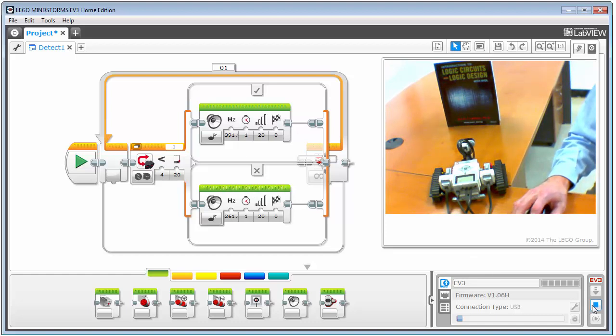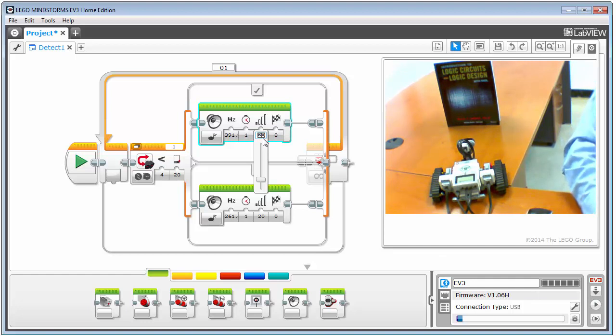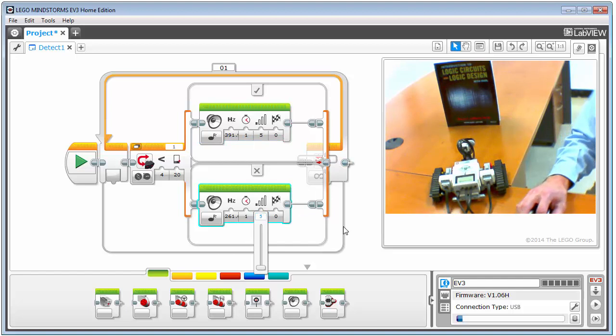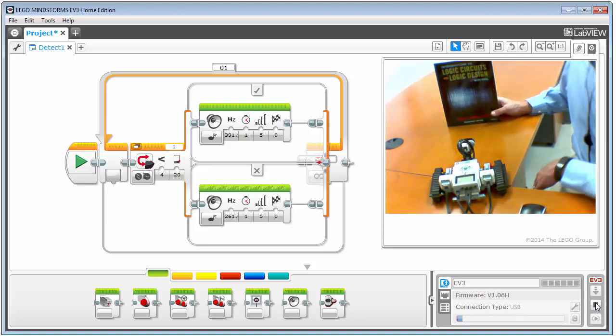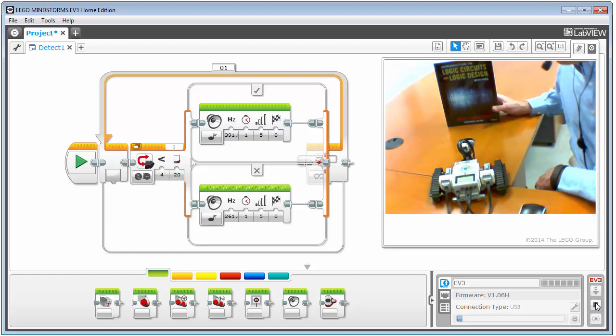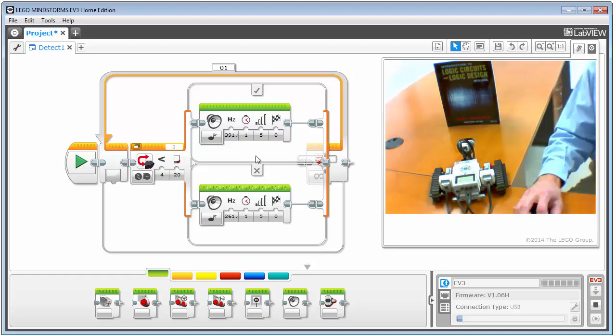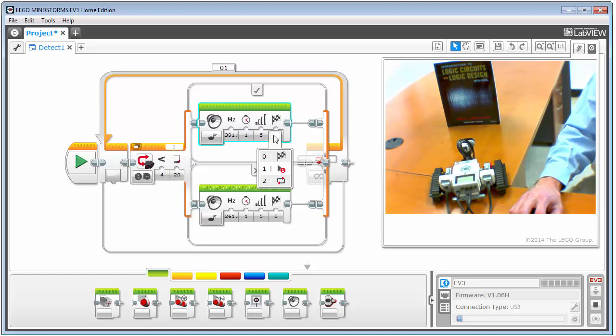First thing I'm going to do is stop this, and the next thing is turn this volume down, because that was really loud and it was only at 20. So I'm going to go ahead and do this 5 and 5, and let's just test it, since testing is really easy when the cable isn't. So that's a little bit better. Notice the click, how it's going dun, dun, dun. That's because we have this switch setting, or the sound block, set to a duration of 1, and we allow it to complete. So what I could do is, you might think I want to repeat forever, and so if